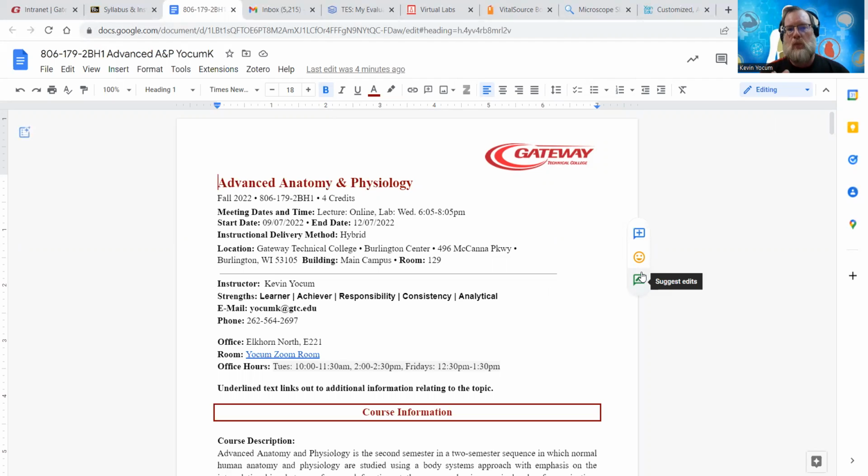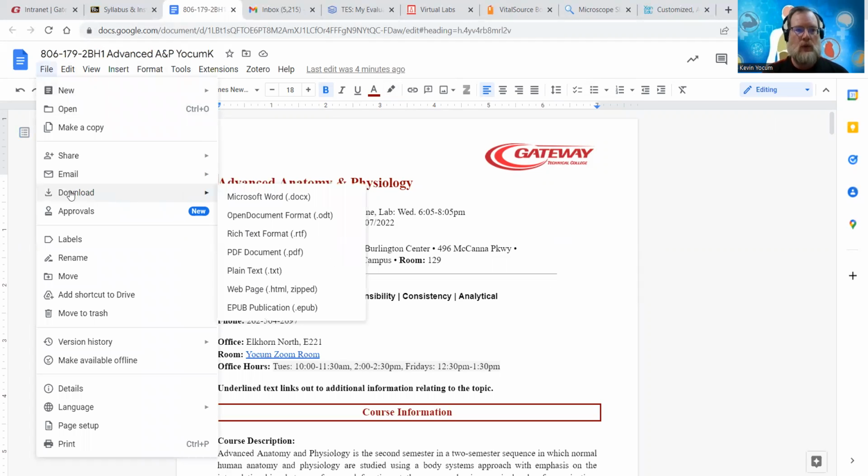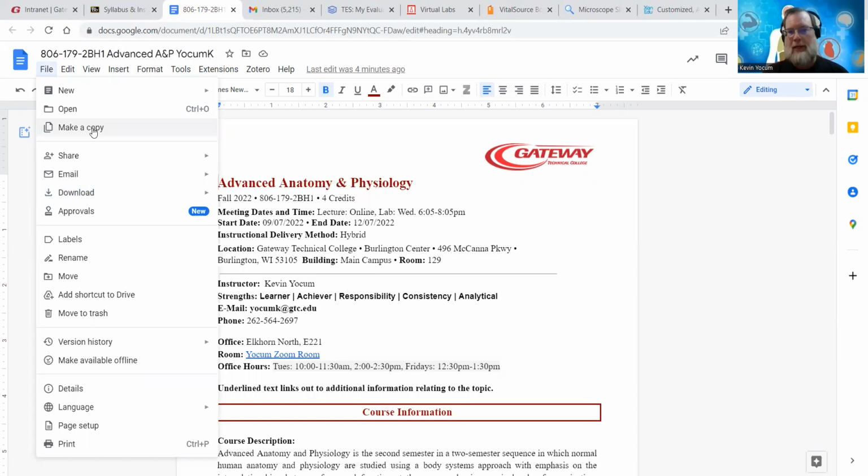When you want to make a copy for yourself to be able to type into, you simply come over to File and then go to Download, and then you can download it as a Word doc. You can also make a copy in Google Docs, which will make an exact replica of the document, but it's your own that you can edit and share.